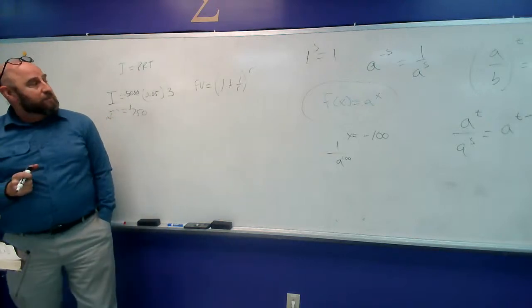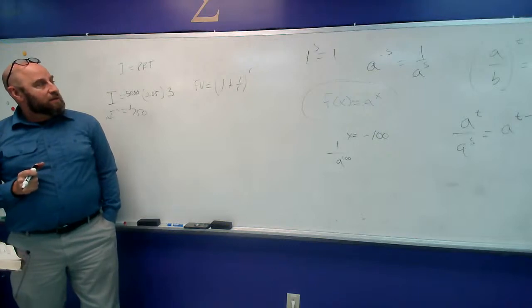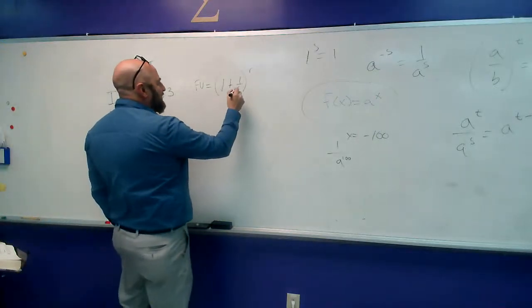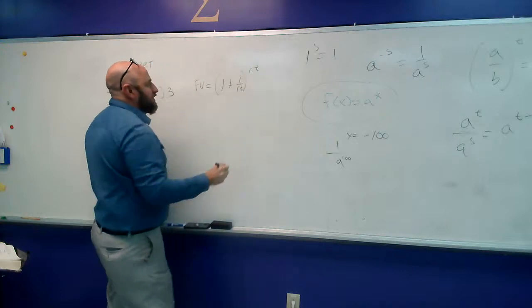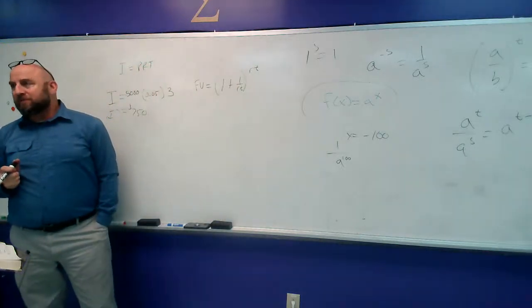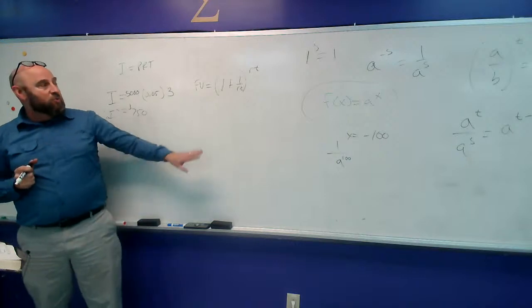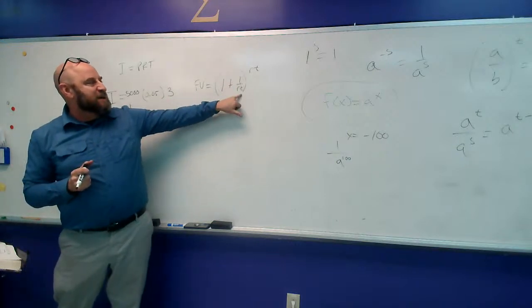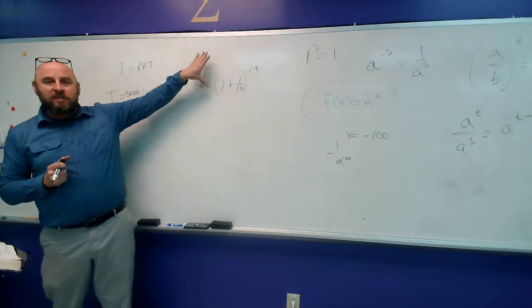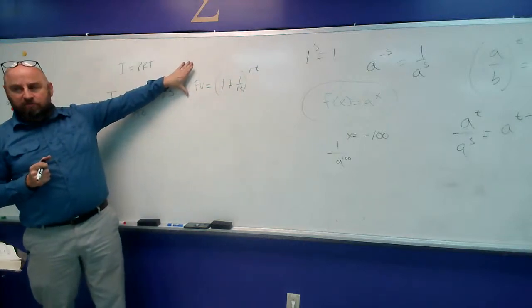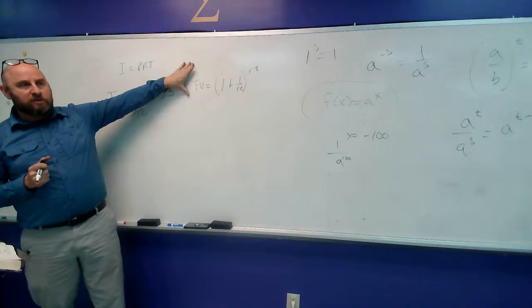Well, let me correct that. R times t, 1 over r times t. Sorry. So 1 plus 1 over the rate times time, raised to the rate times time. This will tell you, if you compound your interest